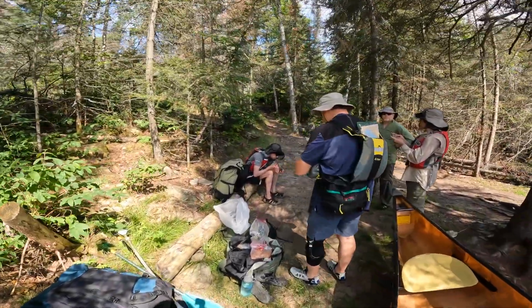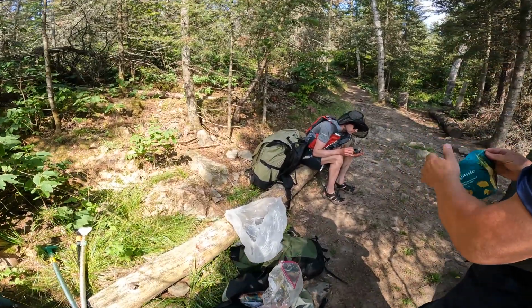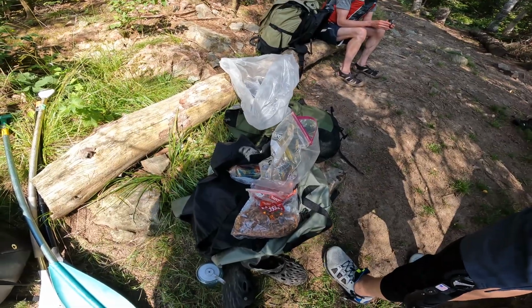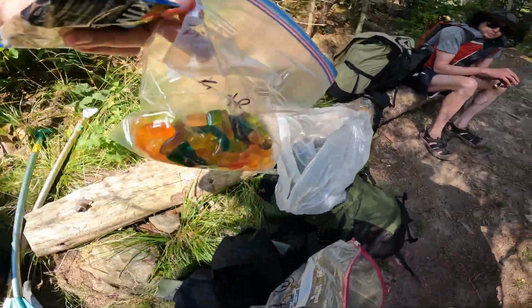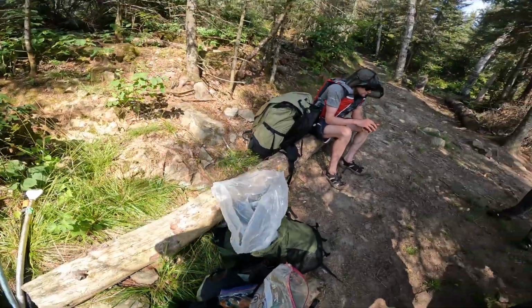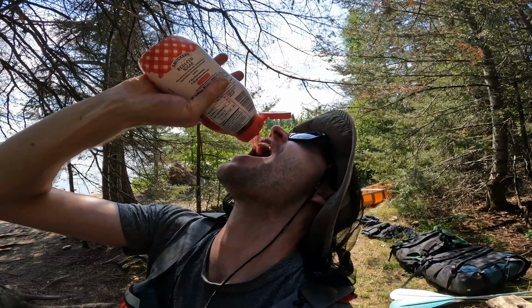We are having our snack break here while we stop, so I think the menu today is Kind bars, leftover cookies from yesterday. Looks like there's dried fruits in there. Oh, and gummy bears. Gummy bears are always a good way to start a portage. Okay, so we're not desperate for food by any means, but